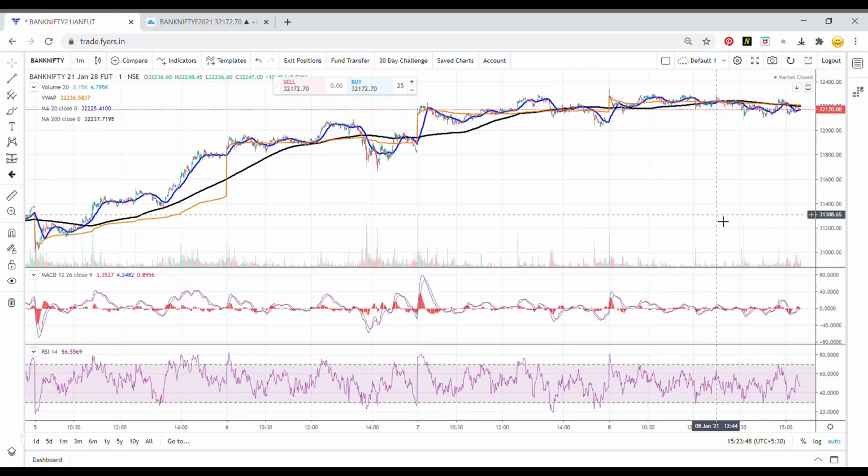Let's review this chart. This is the common setup most people use in the trading community. So we have VWAP, and moving averages of 20 and 200. Then you have the MACD down below, and then the RSI. I'll not go deep into each of these indicators, but if you look at this chart and want to trade manually, maybe what we could do is think of taking a moving average crossover, we take it here and we sell, but